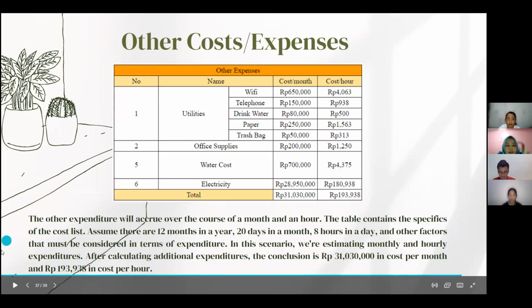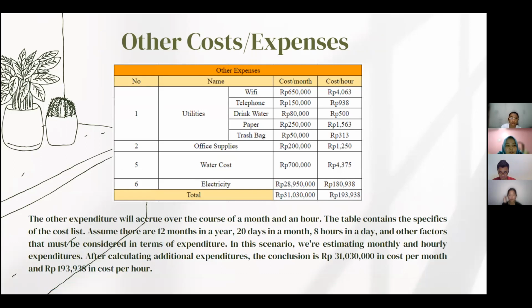In this scenario, we're estimating monthly and hourly expenditure. After calculating additional expenditure, the conclusion is 31,030,000 rupiah in cost per month and 193,938 in cost per hour. Next.